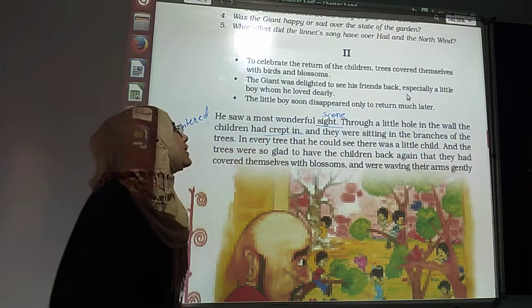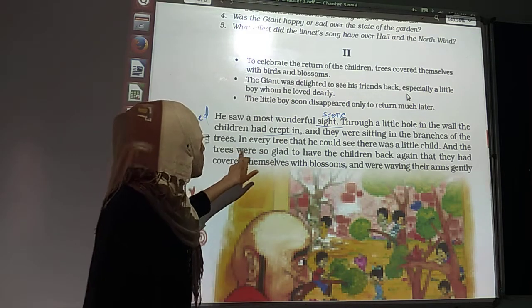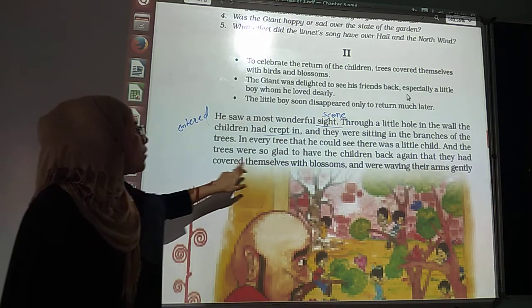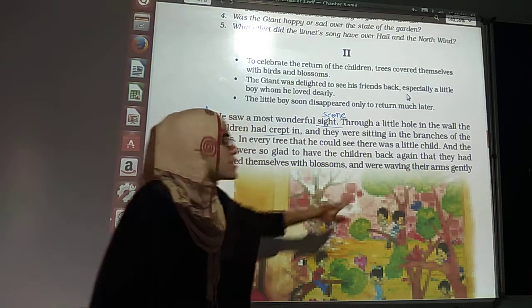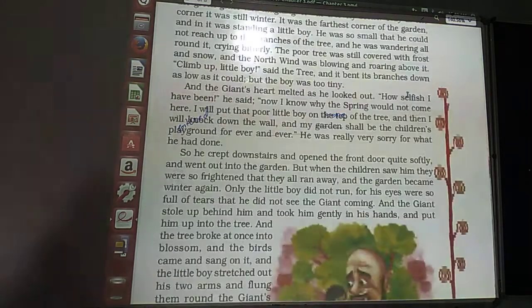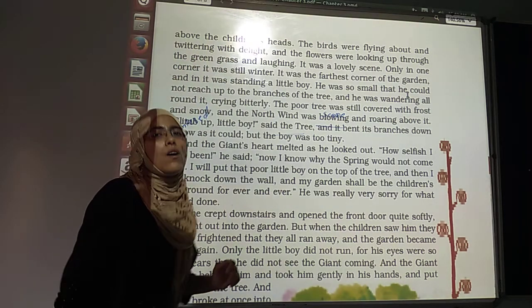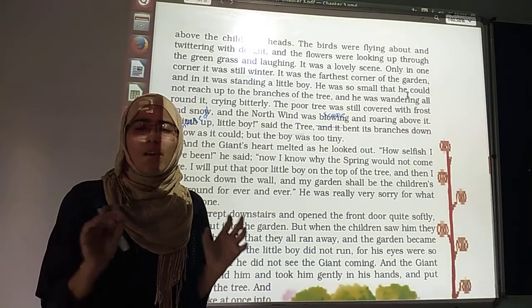In every tree that he could see, there was a little child, and the trees were so glad to have the children back again that they had covered themselves with blossoms and were waving their arms gently above the children's heads.